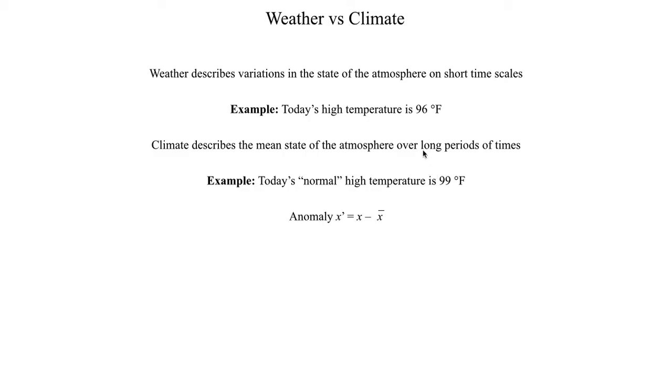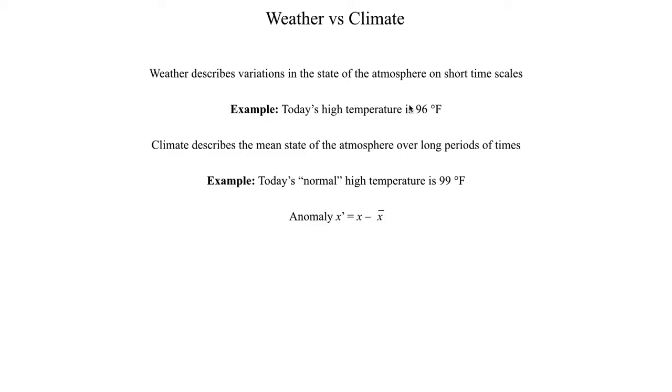A mathematical representation of this is given by what's referred to as the anomaly. If you took my METR2023 class, one of the projects or tests on the final project was related to this idea of an anomaly, where you take the observed value minus the climatology, or the mean value, and that gives you your anomaly. It tells you whether you're above normal or below normal, and also how far above climatology or how far below climatology you actually are. Again, this term x here is the observed value, the value that you actually observed.